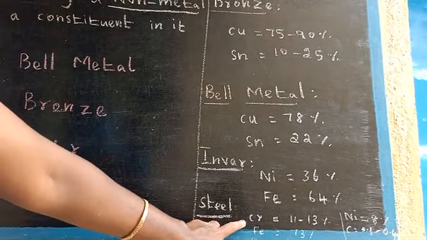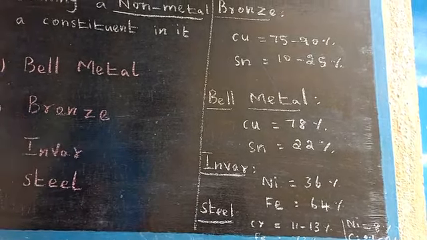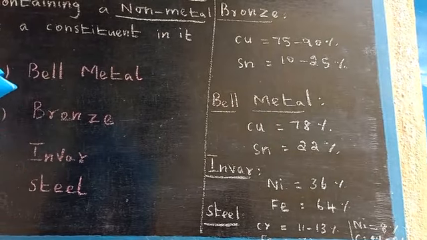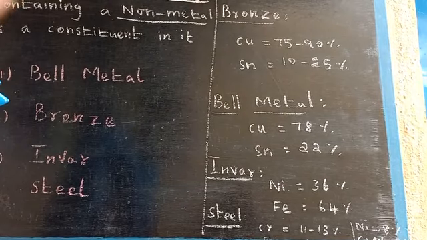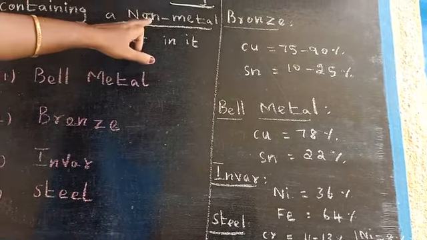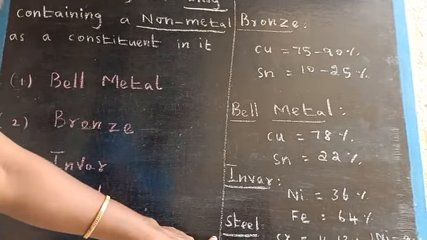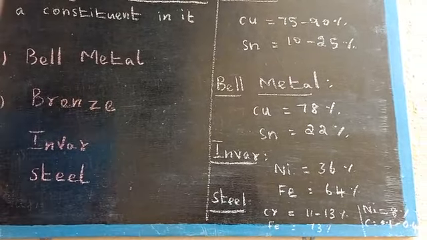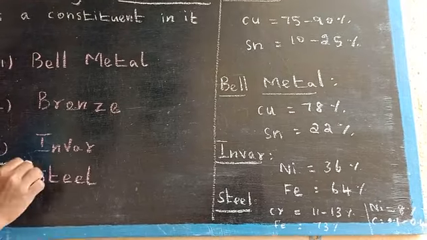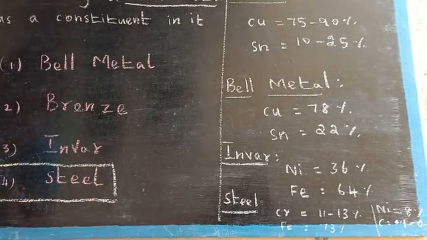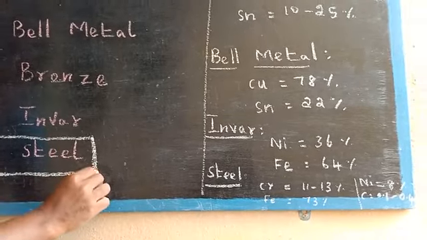Steel: chromium 11 to 13%, iron 73%, nickel 8%, carbon 0.1 to 0.4%. Carbon is a non-metal, so the correct option is steel. Steel contains the non-metal carbon, in a percentage of 0.1 to